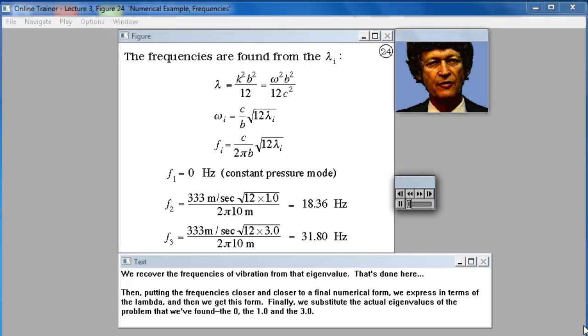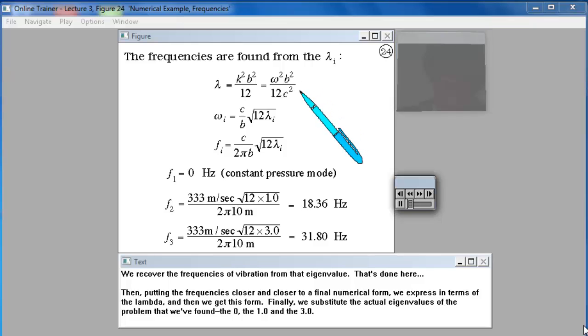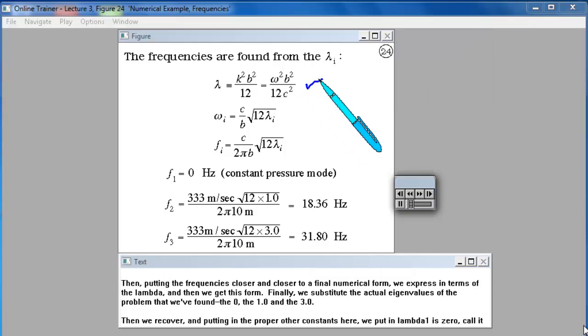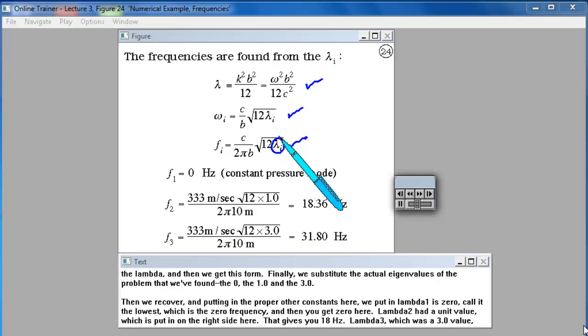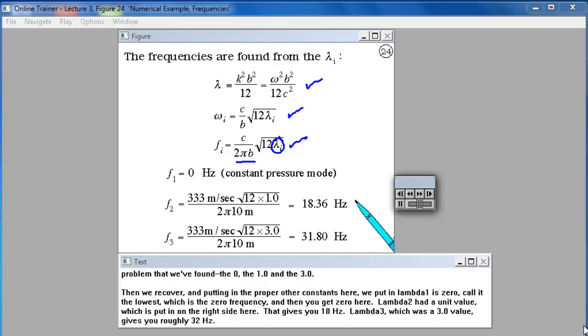We recover the frequencies of vibration from that eigenvalue, and that's done here. Then putting the frequencies closer and closer to a final numerical form, we express it in terms of the lambda, and then we get this form. Finally, we substitute the actual eigenvalues of the problem that we found, the 0, the 1, and the 3, and then we recover, and then putting in the proper other constants here. We put in